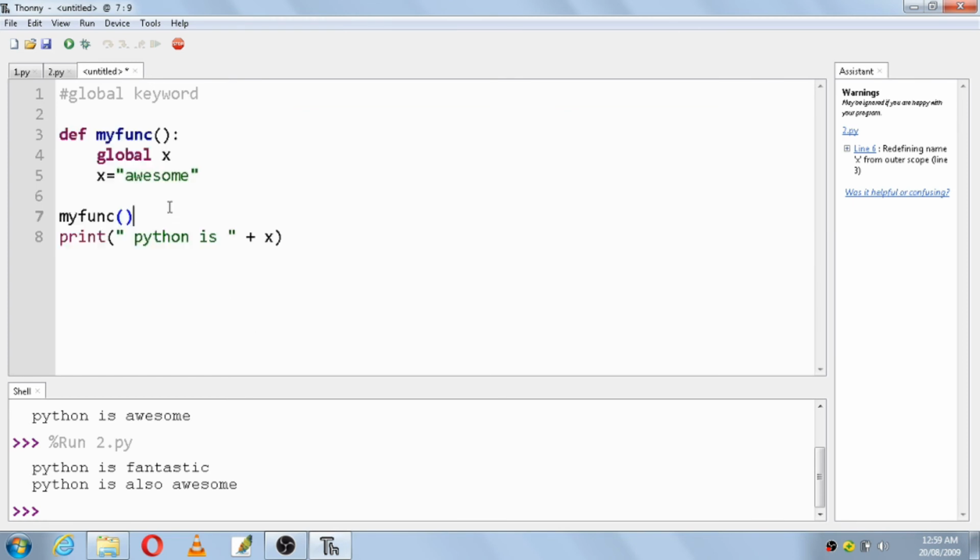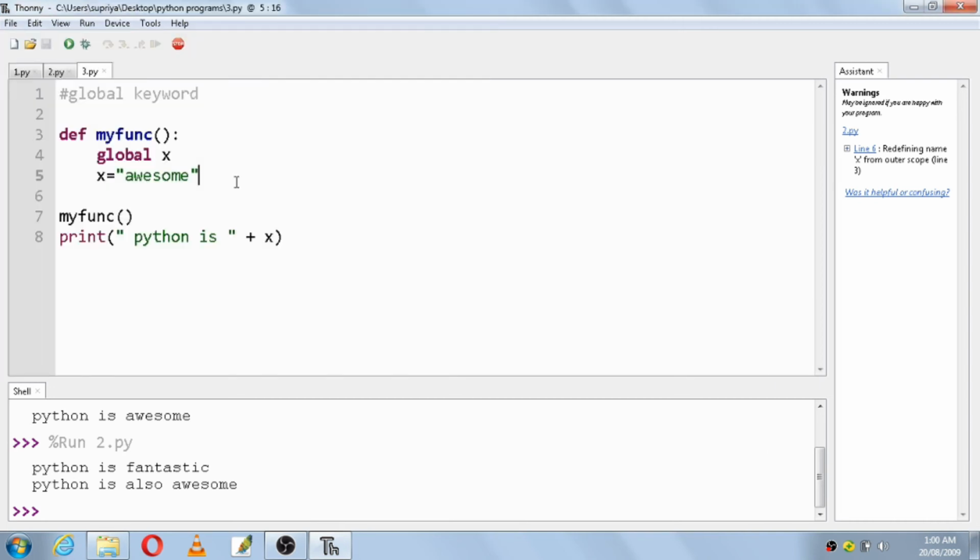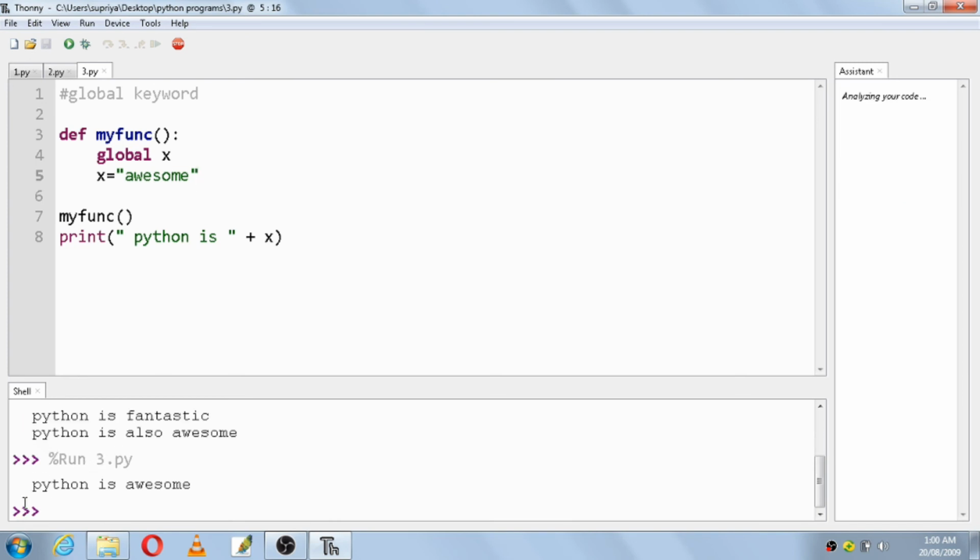If you had not written this, then x would be considered local only to this function. So let us see whether we'll get this output or not. Control S, we'll name it as 3, enter, F5.